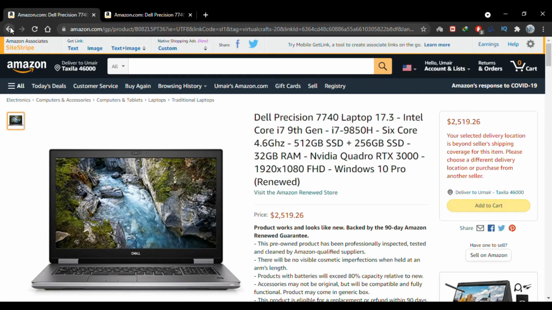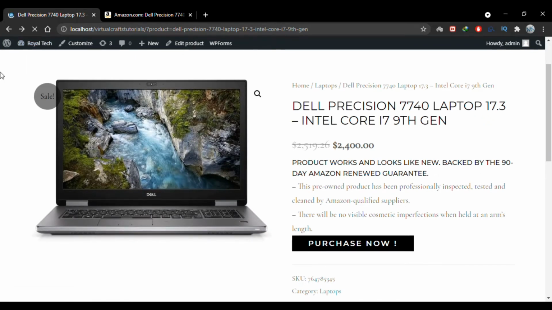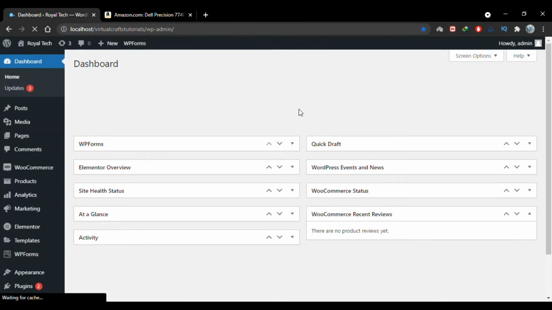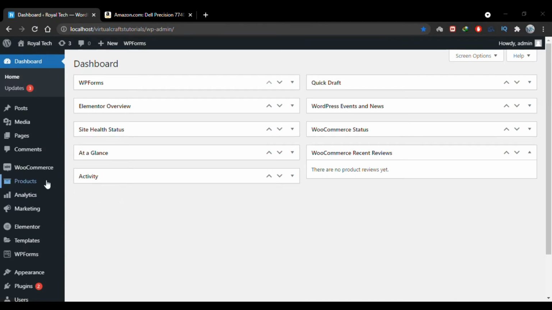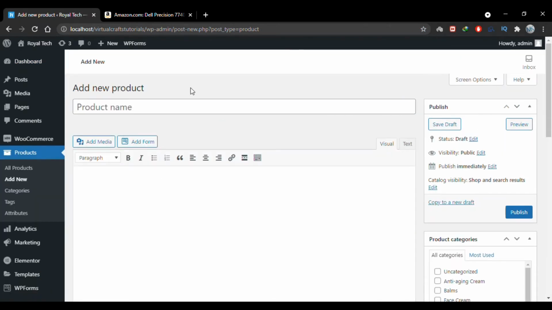I'll go to my dashboard. I'll go to products and add new. As this affiliate product is going to be an Amazon affiliate product, I have an Amazon tab opened here already.